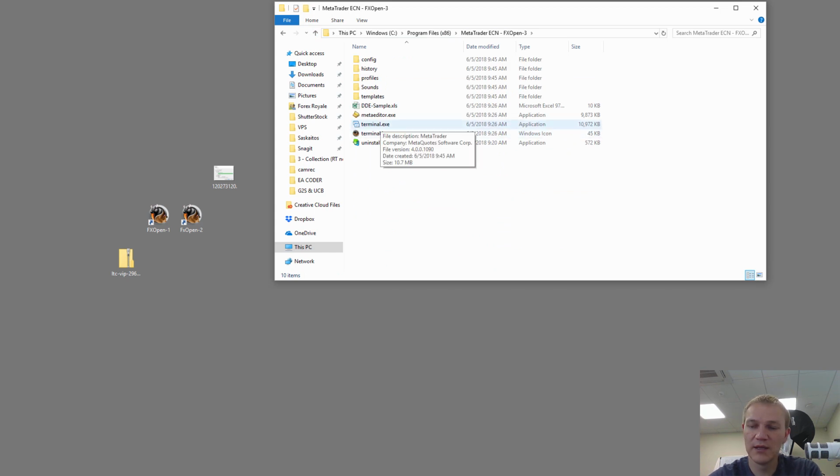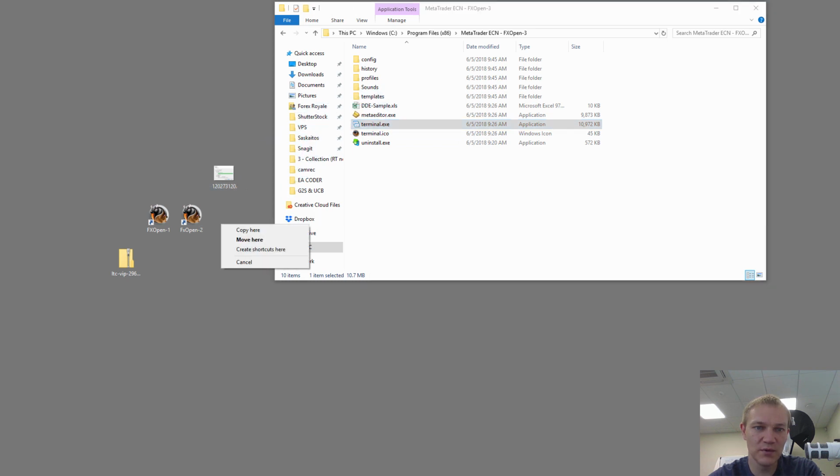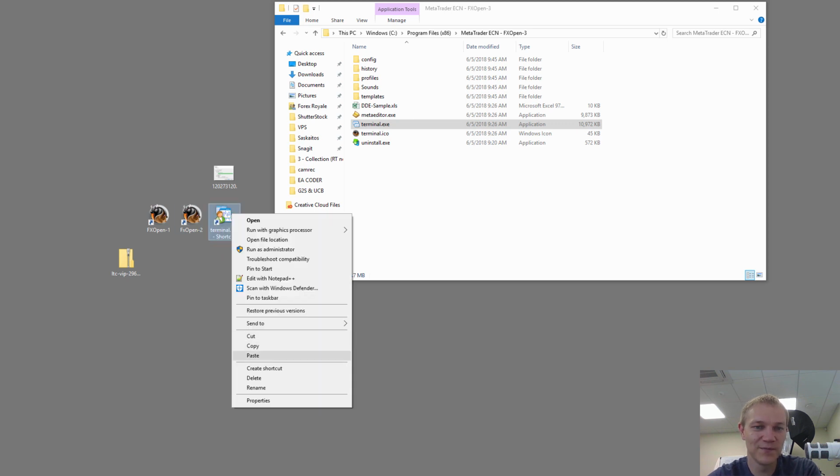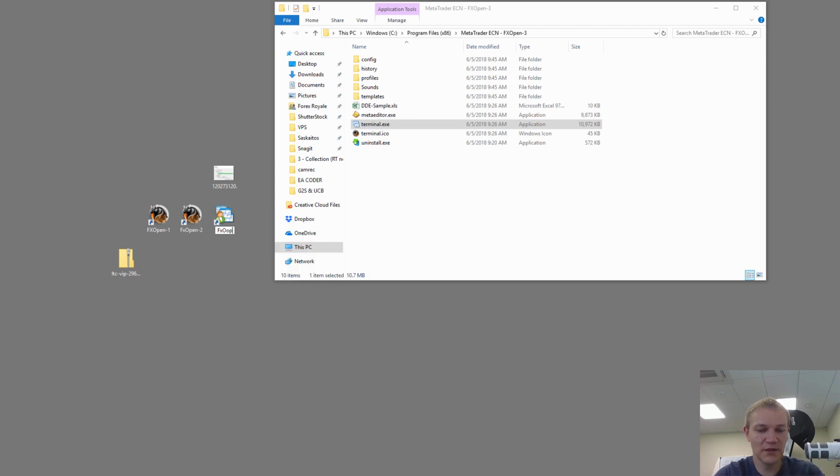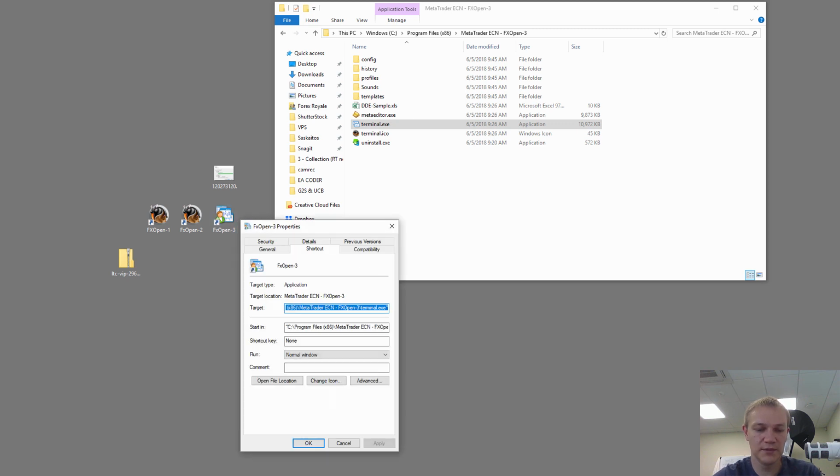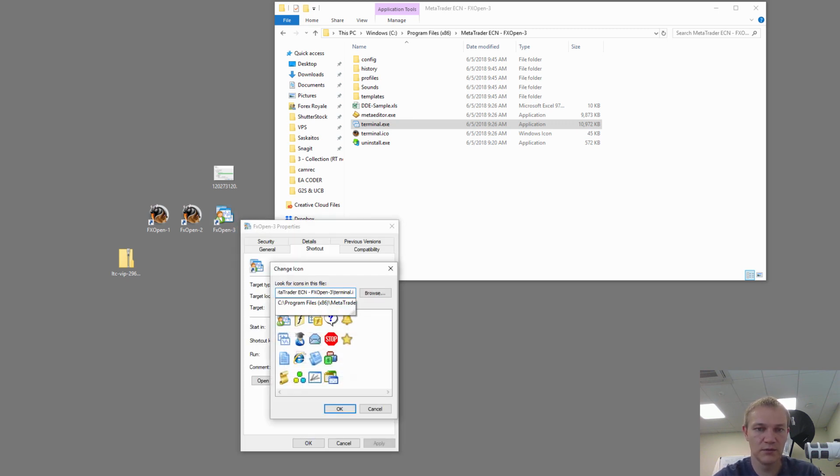I can even do it like that. I drag this with the right mouse button, not the left one, but the right one. It says move to desktop. And when I release the button on the desktop, I can choose to copy, move here, or create shortcuts. So I choose create shortcut. So that's another way of doing shortcuts. Rename FX Open 3, properties, change icon, ICO,